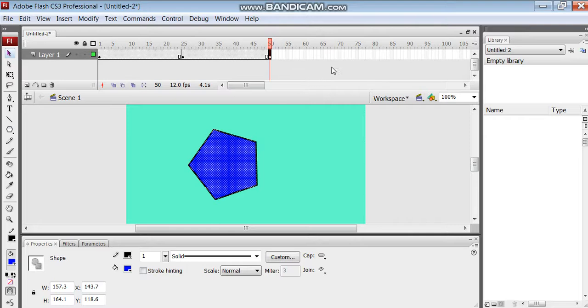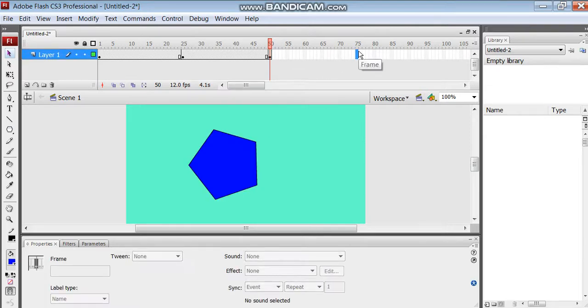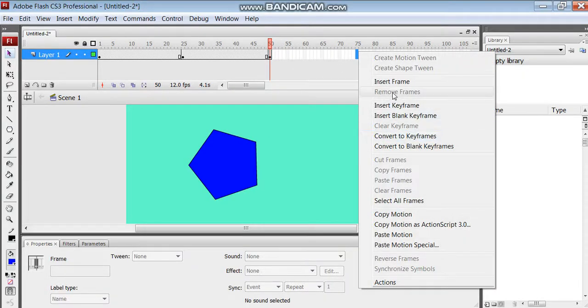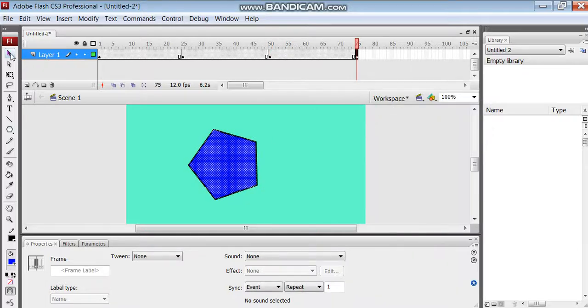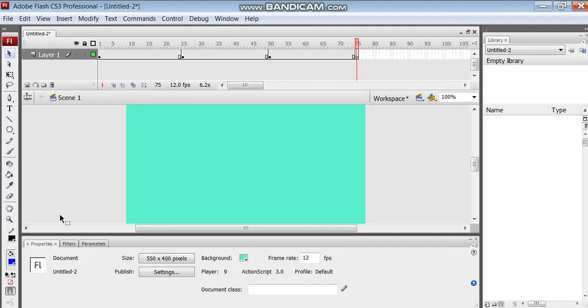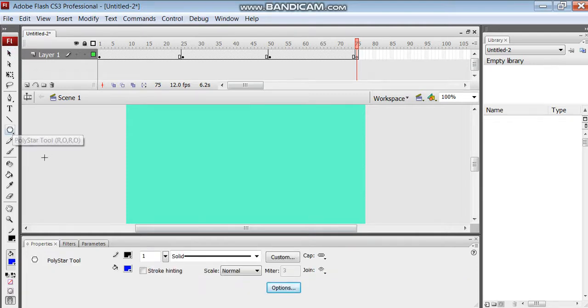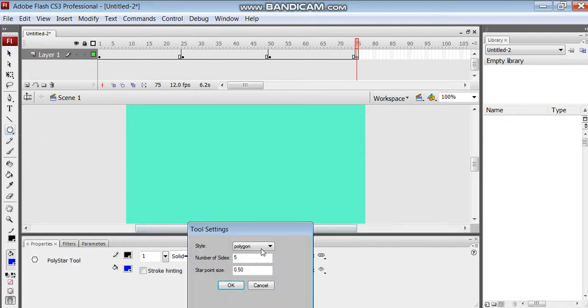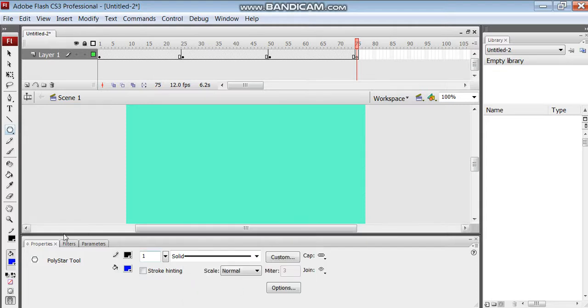Now I want the fourth shape. So I am going to click here, insert keyframe, again select the thing which you don't want, delete that and change the shape. Now instead of this polygon I want a 5-sided star.